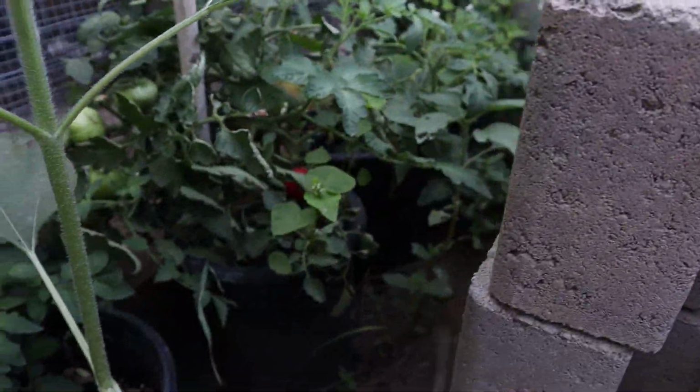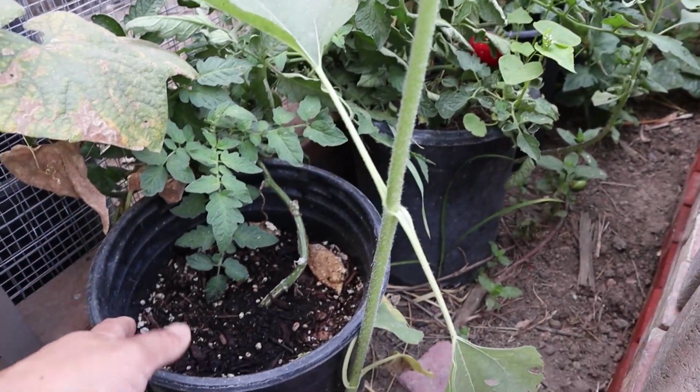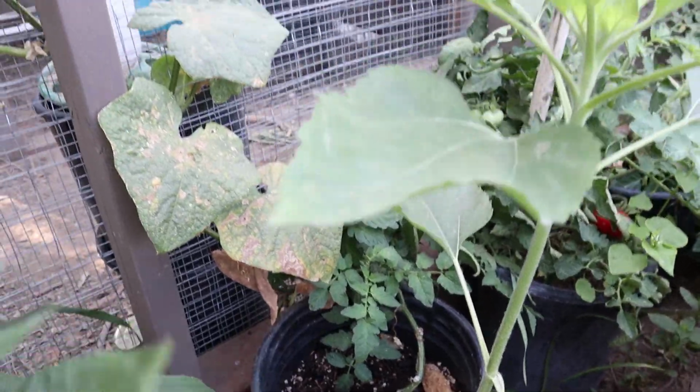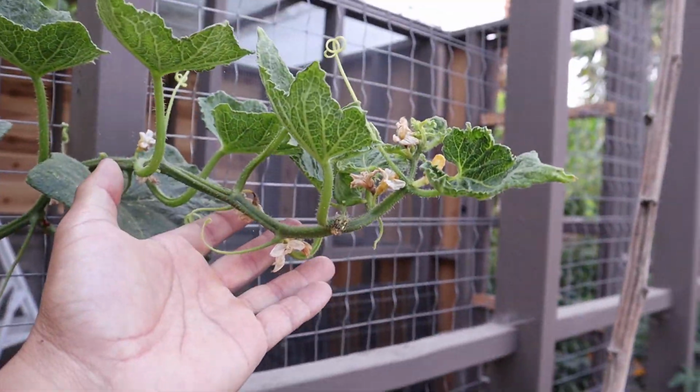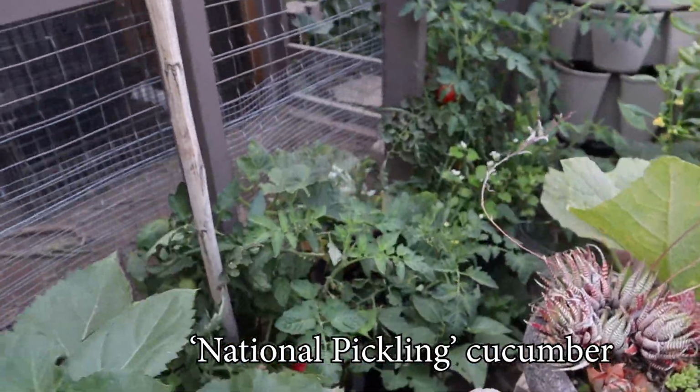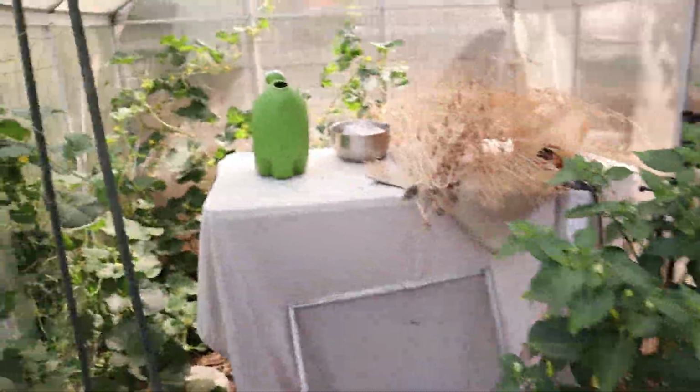Here we have a couple of pickling cucumbers that we're growing in these 3-gallon containers, and it's up here now. We already picked a couple of plants, and there's another one over there. In the greenhouse we have